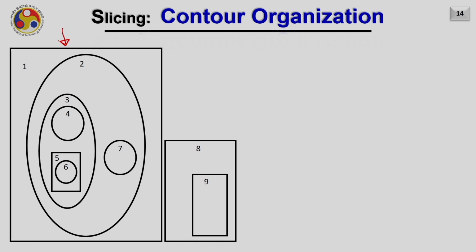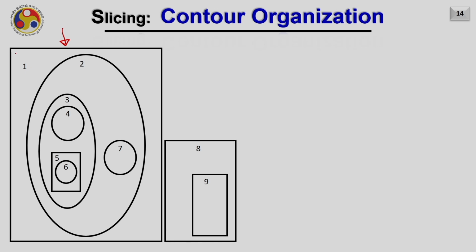This is the data of the contours which we have obtained after slicing at a particular height. It can be seen that there are several contours here. Now, the objective here is to identify which contour corresponds to the exterior and which contour corresponds to the interior.